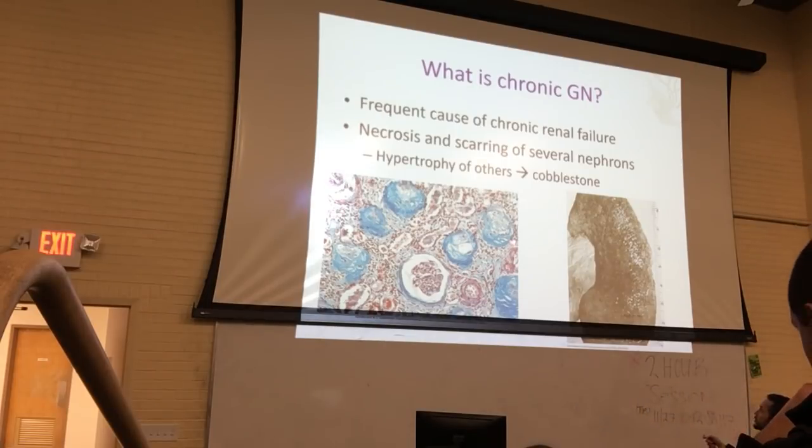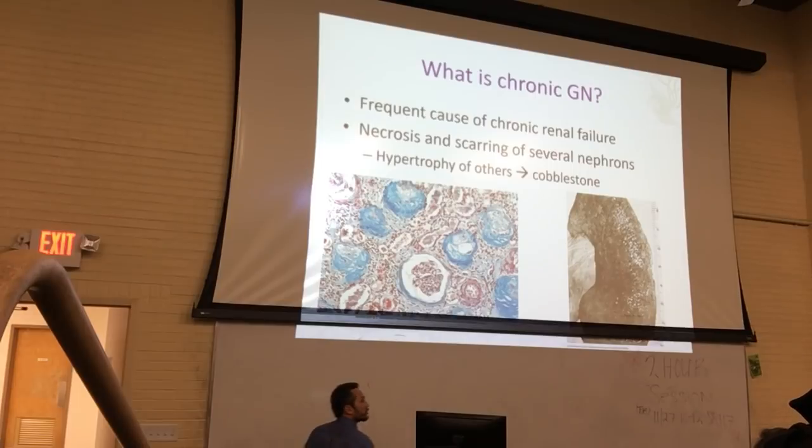So we can appreciate this picture on the left. It's a different color than what we've seen classically. This is a Masson's trichrome image. The blue color is staining the collagen. You can see a quote-unquote normal glomerulus here with the Bowman's capsule. All these blue tufts are completely fibrotic, scarred over glomeruli that lost the battle and